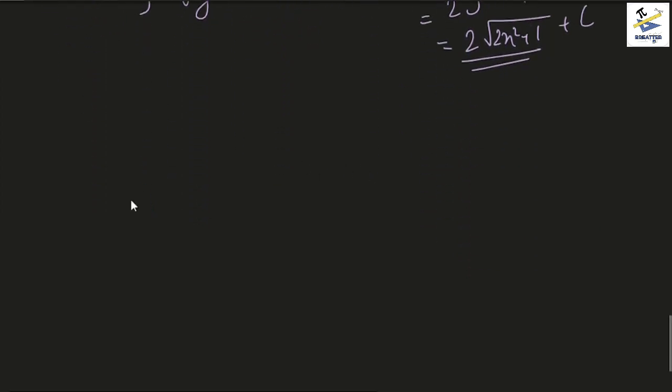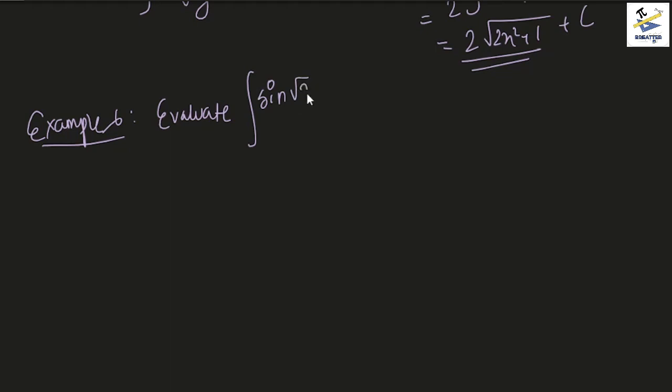Okay, let's do another one. Evaluate the integral of sine of root x by root x dx. Now again in this one, as you can see, the only portion that is not going with the integral is the root x inside the sine, right? And we are kind of sure that whatever else is present in the integral should be the derivative of that, right? So let's see. We observe